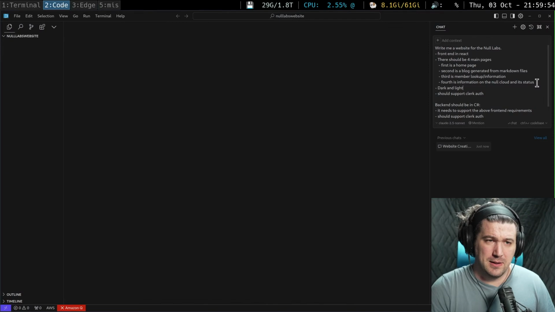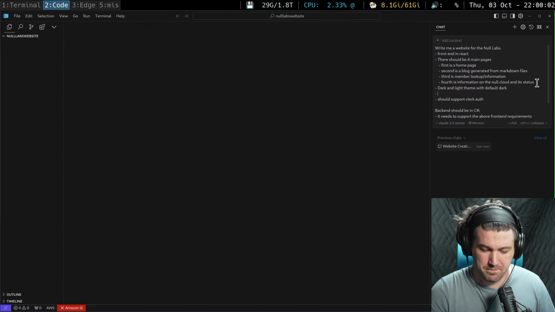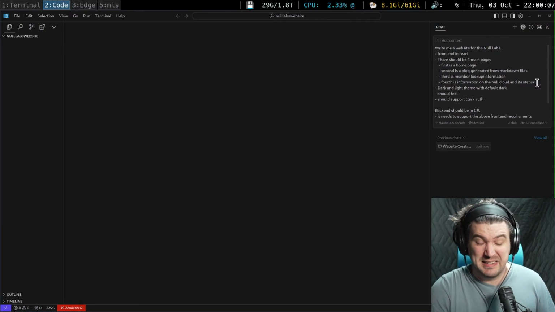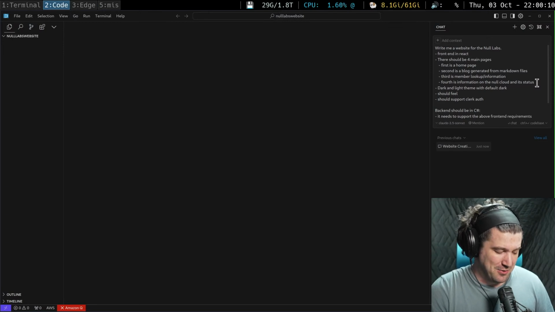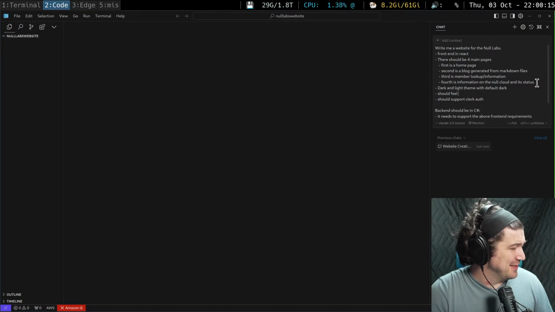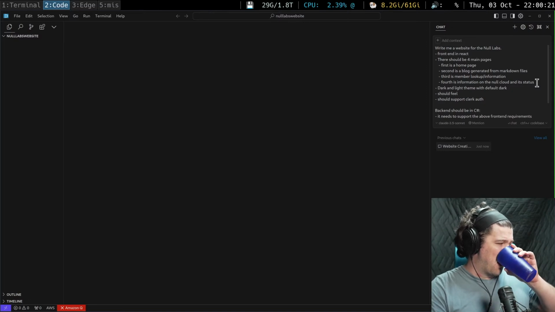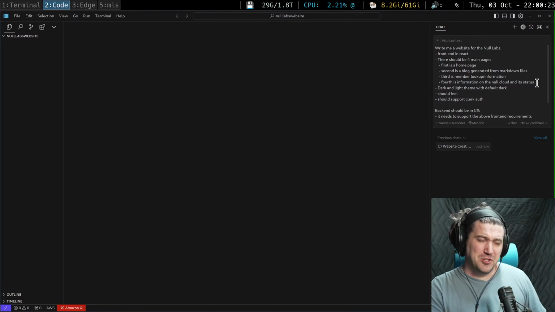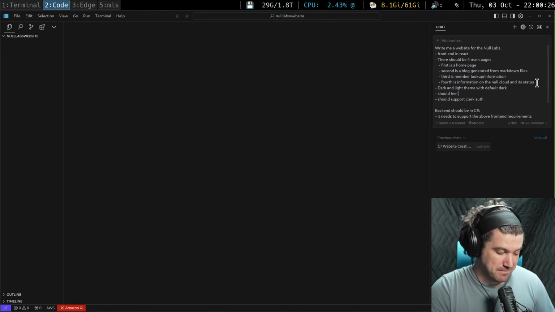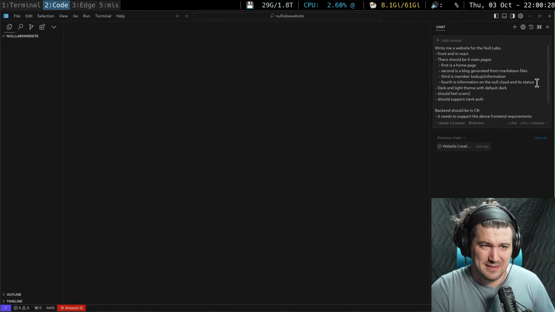Dark and light theme with default dark. Should feel scientific-y, labby. How do I say that a little more eloquently? I don't know how to word that. That's not even a word.